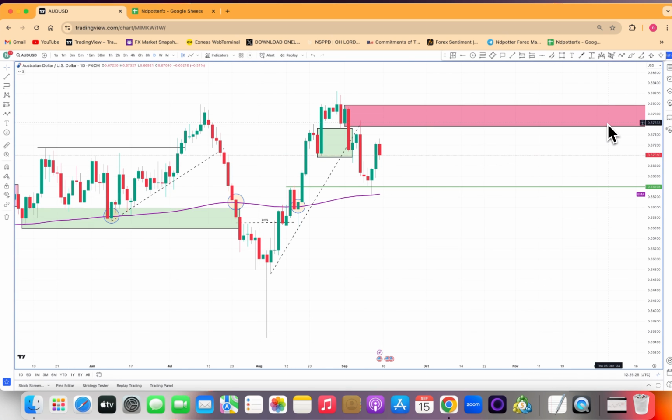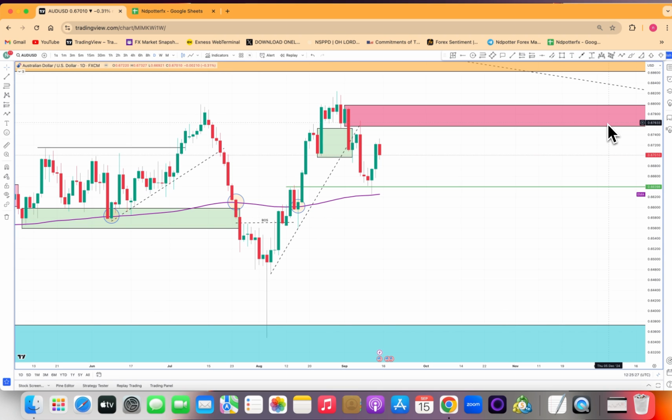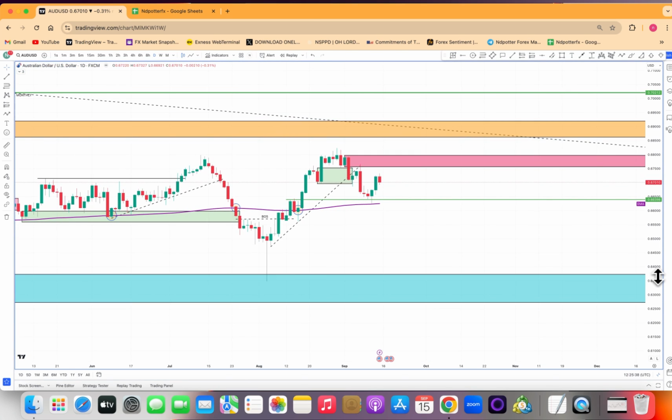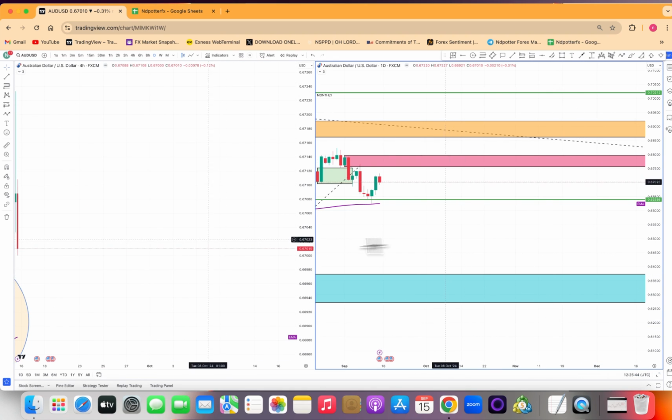I'm going to show you guys some mind-blowing information, like I said, on a couple of pairs, and I'll show you more details on them. But what I'm showing you now is what I'm looking forward to trading for the coming week. So looking at AUD USD right now,